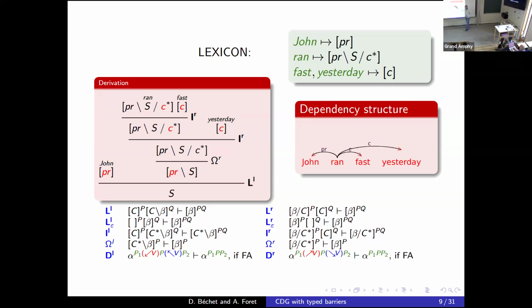And from the derivation that ends with the axiom S, we find a dependency structure that corresponds exactly to the derivation. We only have the dependencies. So we have here only projective dependency, but of course it's possible to have non-projective dependency.